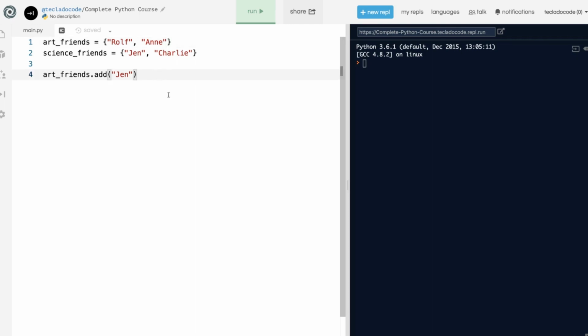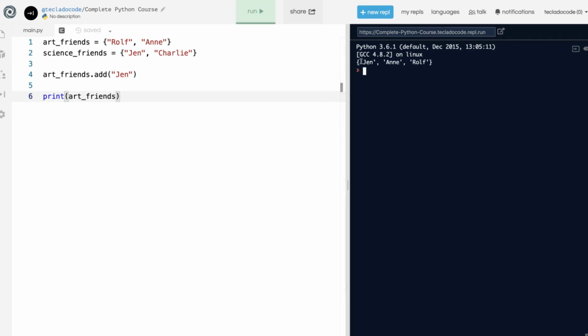And there is no guarantee on the order being kept throughout the program either. So whenever you print the set, it could be in a different order. So let's print it out and run it. You can see that in this case, the Jen string has been printed at the start, then Anne, and then Rolf. If you try to do this again,